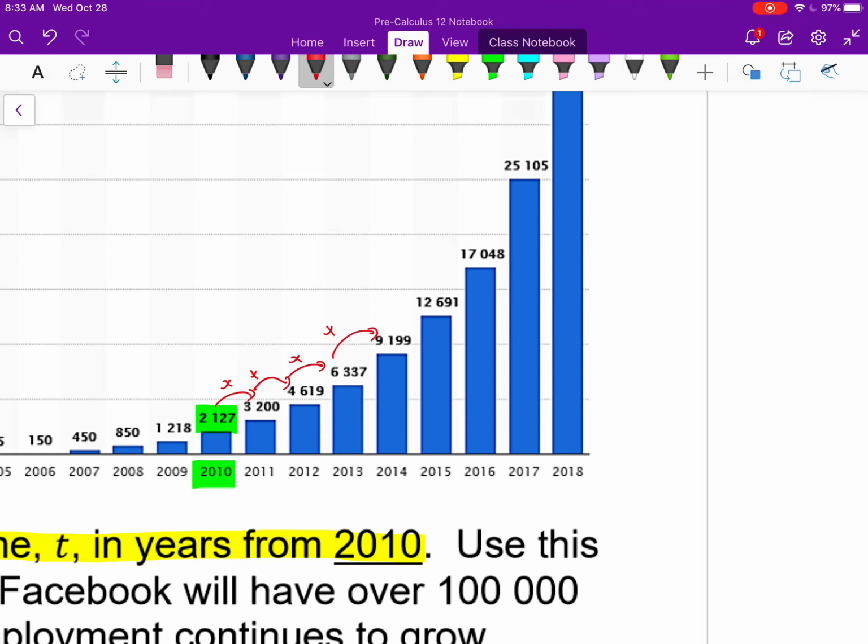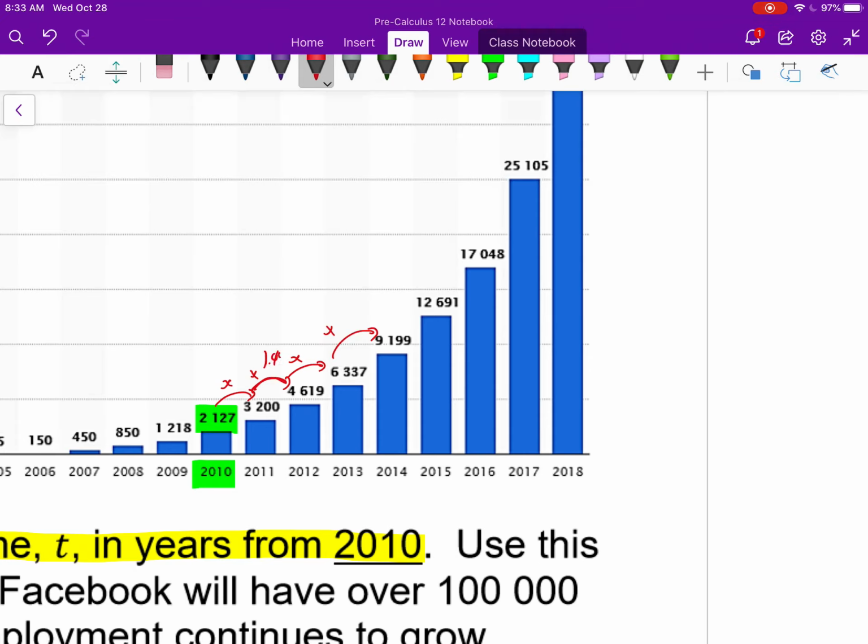That said, it's a terrible assumption to say that that must be the case for everything else. If I made up the data and I told you this is a perfect exponential model, or this data is growing perfectly exponentially, then that's all you need. But I said right from the start, this is actual data. So if we look at the next year, 4,619 divided by 3,200, then it's growing by about 1.44 from here